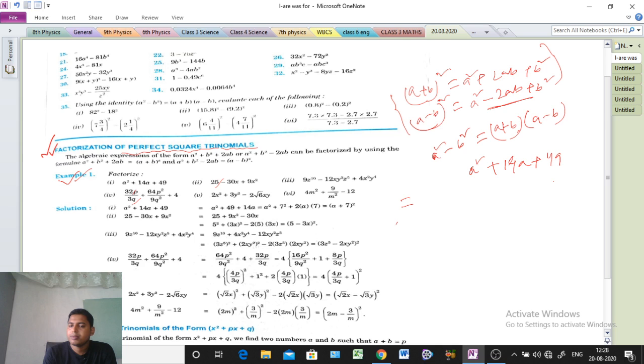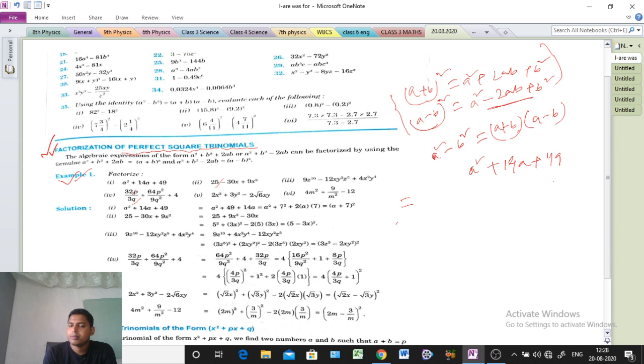So we can write a square, plus next 2ab. At first write 2, a means a only, b we don't know yet. In the question 14 is given, so 2a is taken, and 7 is left, because 2a into 7 gives 14a. So 2 into a into b, where b means 7. Plus 49, which means b square, that is 7 square. Understood or not?